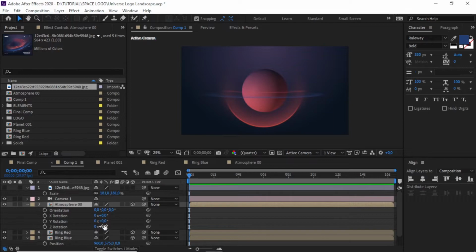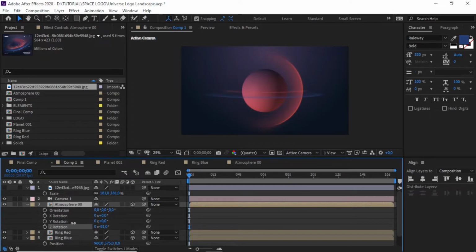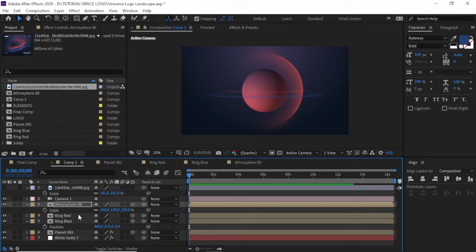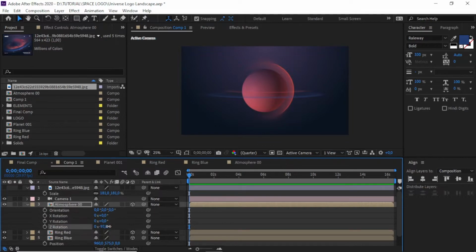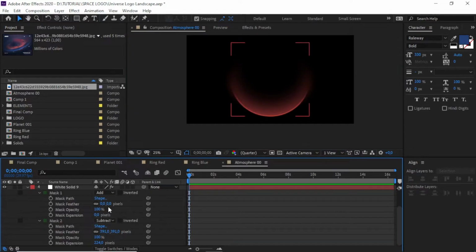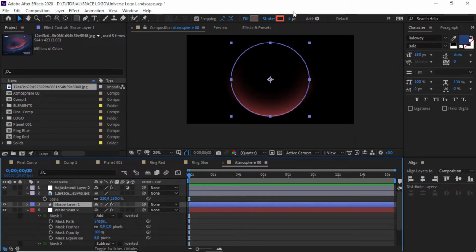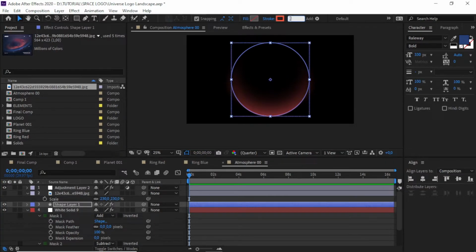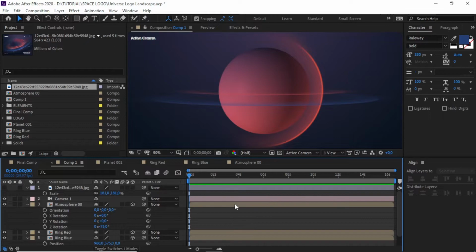We use Z rotation and place it here. Make it smaller like this. Okay, it's pretty close for me. We just need the atmosphere outline bigger. We need to change to 8, some kind like this.